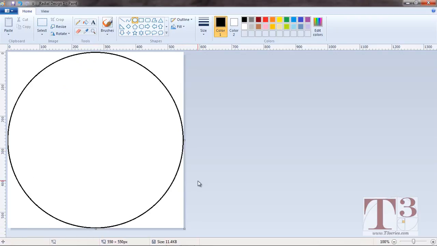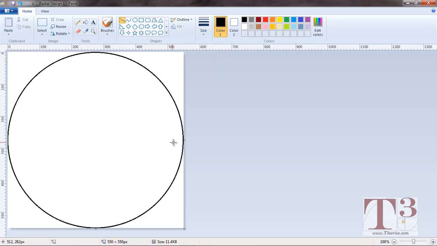Now, the reason I had you draw this using a square canvas was so that we would have these little points of reference. You see this little square and this little square here? Those become the halfway points, so we can easily adjust and find our halfway point on the circle. Otherwise we'd be guessing or having to measure it using this ruler tool, which I guess isn't so bad, but this is much easier. So I'm going to now switch to my straight line tool,